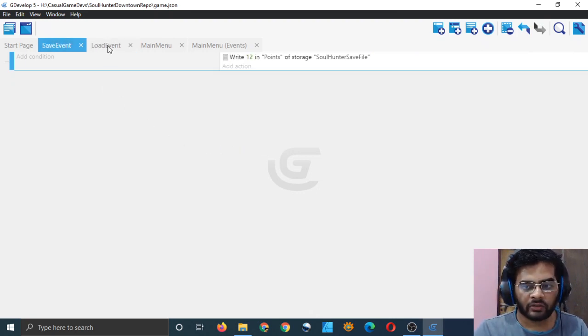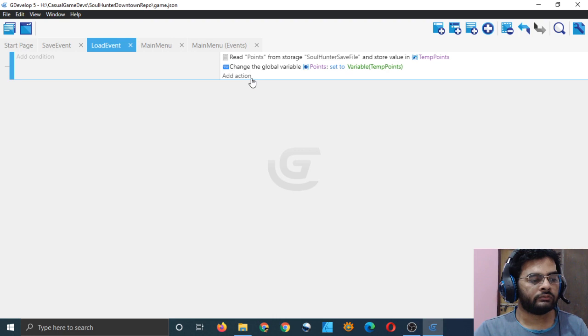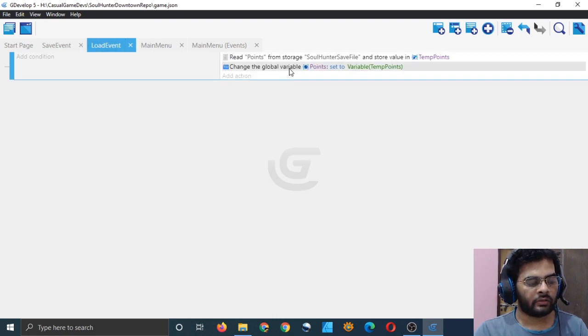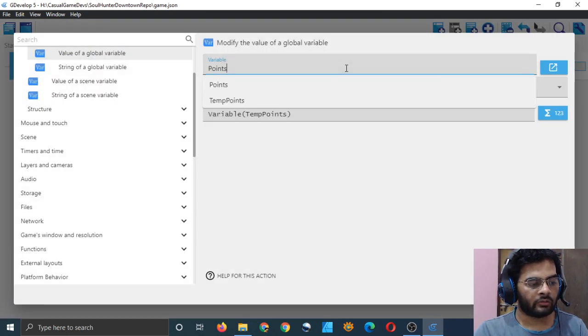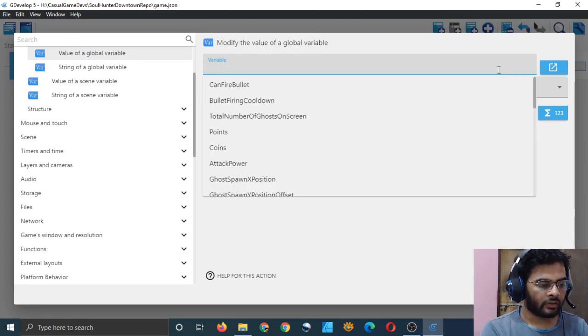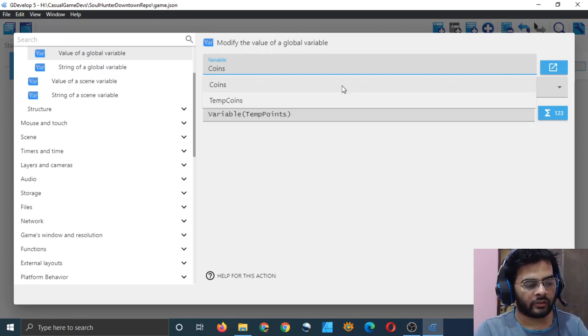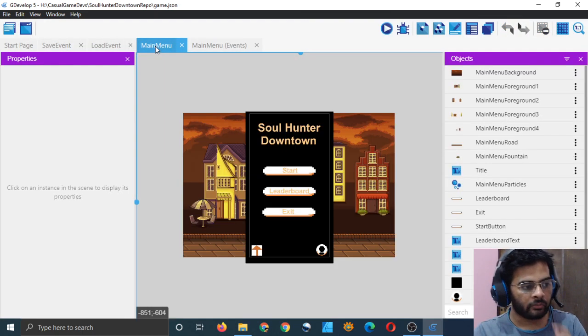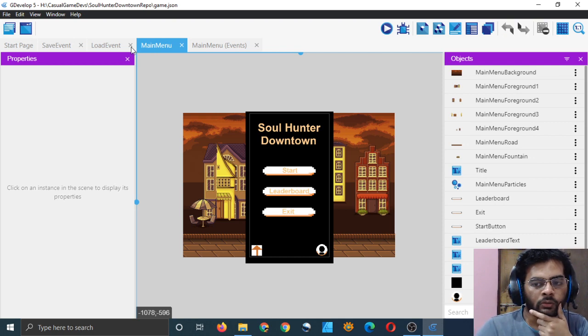At this moment I am just testing if it is working properly or not. So 12 will be right. It should show us 12 points. And when we load, or should I put this in the global coins variable, because I will be able to look at the coins variable in the upgrade screen coins. Let me do it for coins just to see if it is actually being saved and loaded.